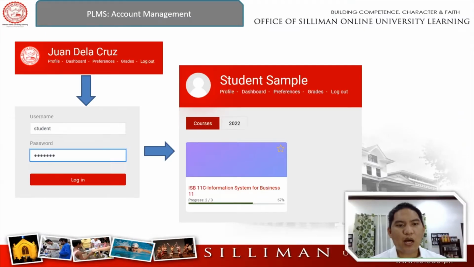The best way to log in or to test a user account is actually to log in using that particular account. So the best way to do this one is you have to log out from your primary account. So in this case, you see the menu at the top, so you have to log out. And then on the second image, where you see the username and password, that's the time you log in using